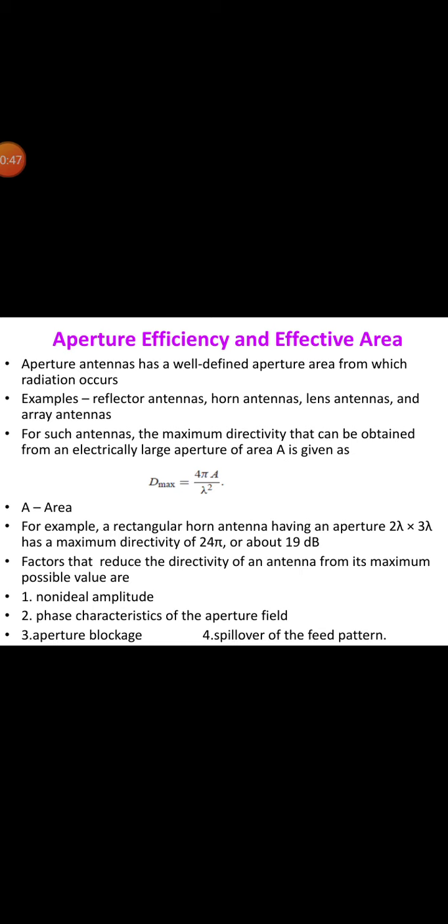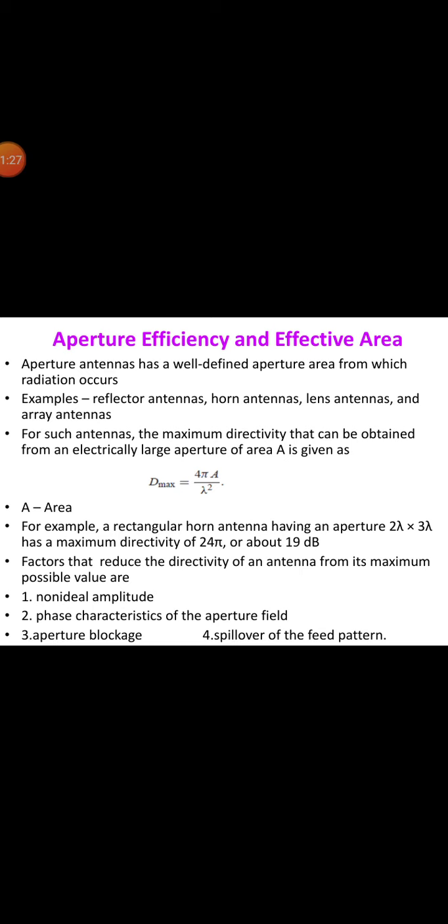The concept of aperture is most simply introduced by considering a receiving antenna. Suppose that the receiving antenna is a rectangular electromagnetic horn immersed in the field of a uniform plane wave, and let the Poynting vector or power density of the plane wave be S watts per square meter and the area or the physical aperture of the horn be AP square meters. If the horn extracts all the power from the wave over its entire physical aperture, then the total power absorbed from the wave, P, can be written as P = (E²/Z)·AP, that is S·AP.